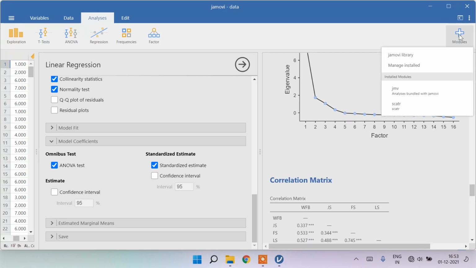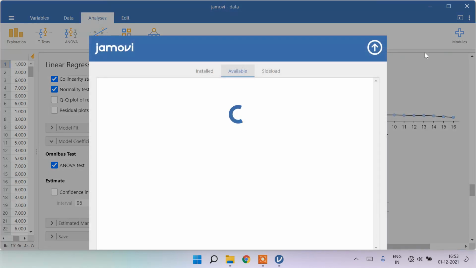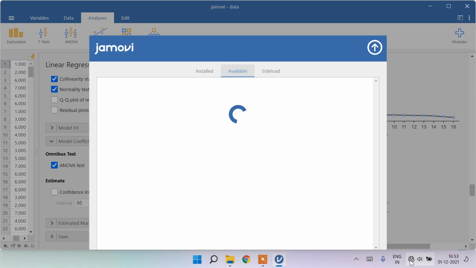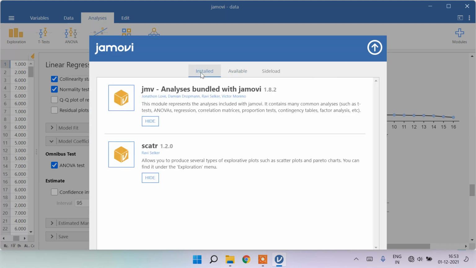For more options, whatever modules may be available in your Jamovi software, you just visit the Jamovi library. I have a pretty bad internet connection, so that's the reason I could not show the libraries. Available options, you can do a lot of qualitative data analysis, and other quantitative analysis like some of the machine learning algorithms. All those things can be done here. In order to get the available library details, you just go to this option. You will be able to see everything.